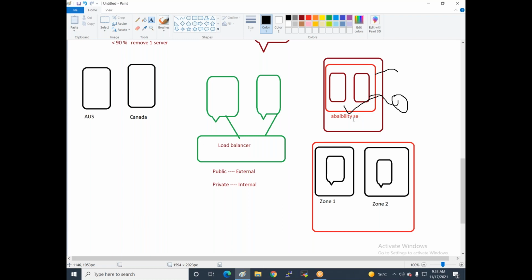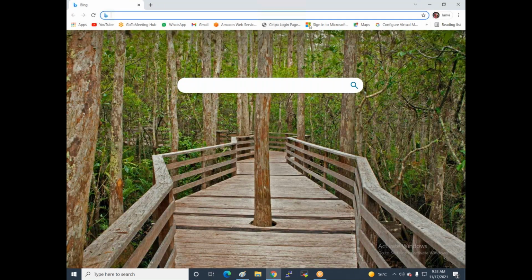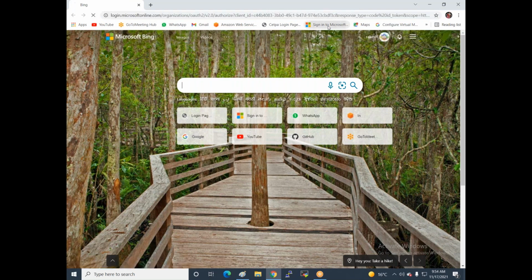So now we can deploy the load balancer. I'm logging in to the portal to deploy our infrastructure. First we need to deploy a network, because all servers are connected to my network.